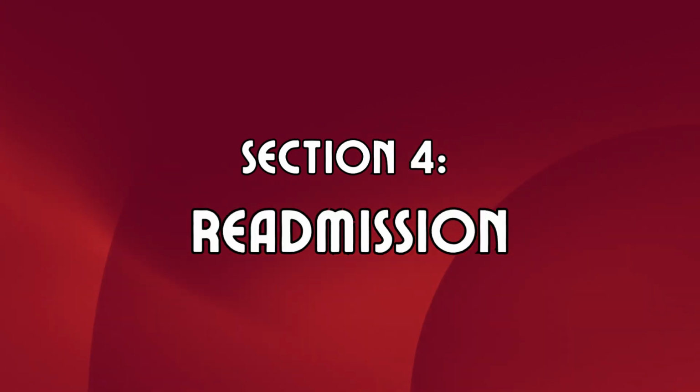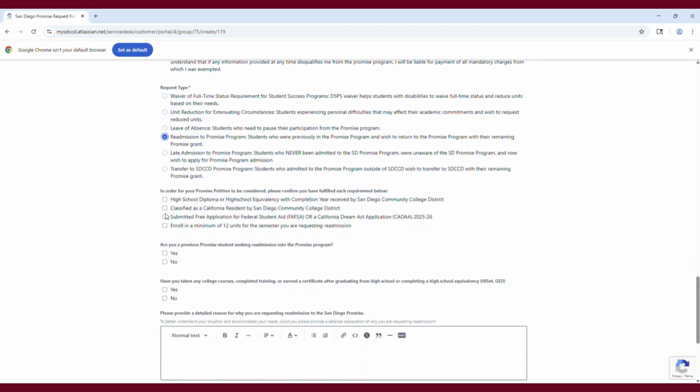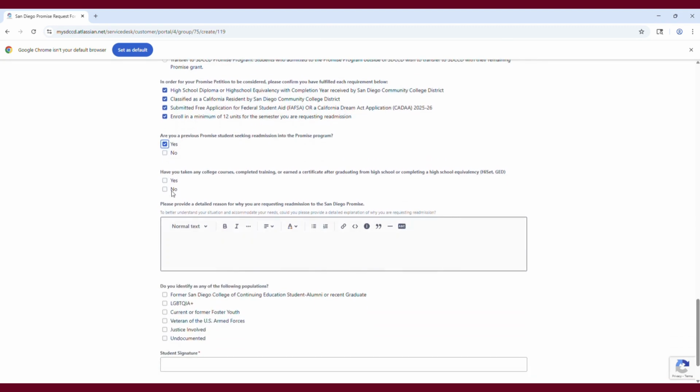Next, we have the Readmission petition. This is for students that were in the program at one point and for one reason or another were removed but are ready to be re-added to the program. You'll be asked if you've completed any units previously, why you want to be in the program, and what specific services can best support you. So make sure to describe in detail how Promise can best support you and why you would like to be